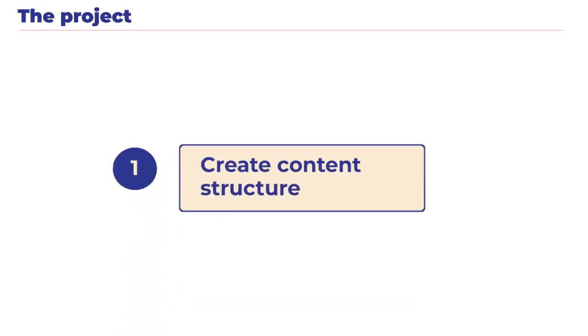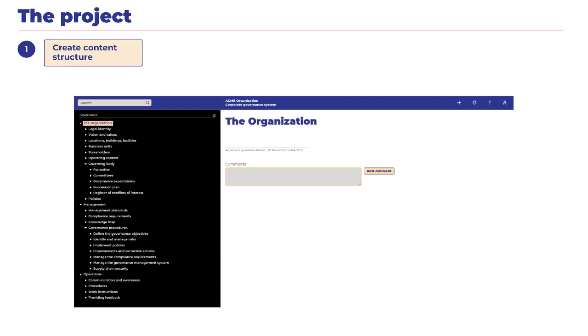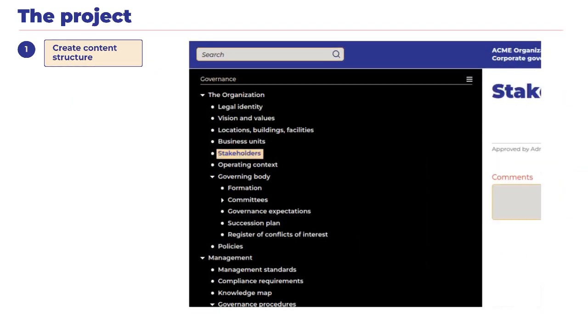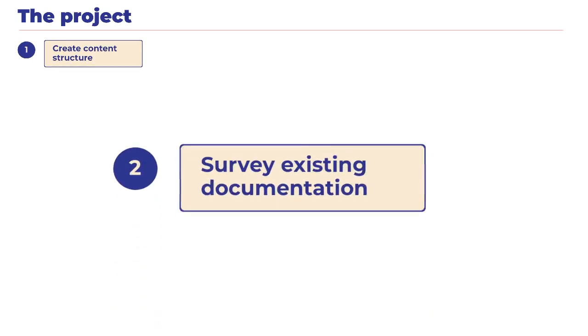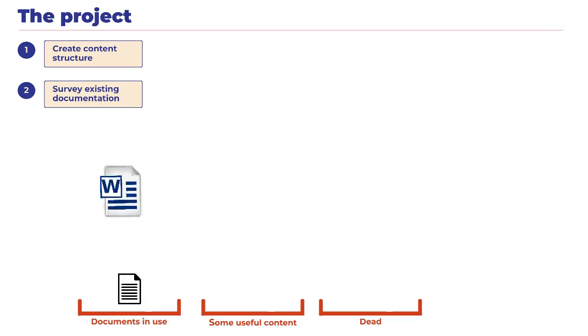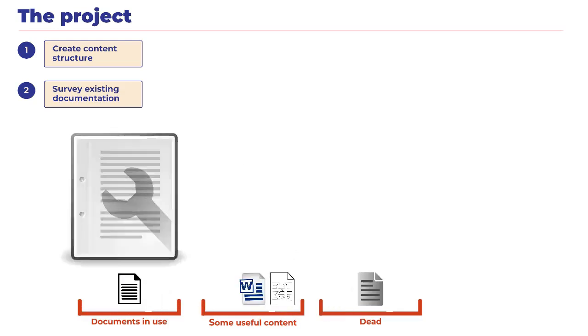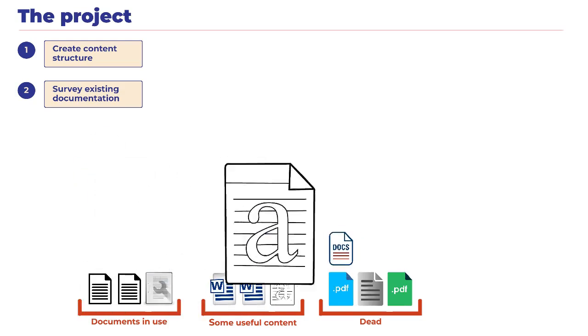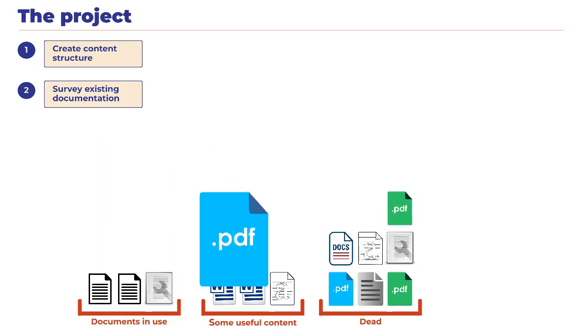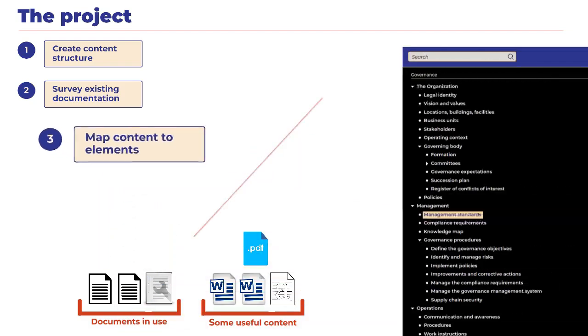So, how to start? In outline, here's what your project might look like. Step 1. Set up a content management structure with placeholders for each of the required elements. If you use Frontex, this is provided for you. Step 2. Review your existing documentation to see what you have and what state it's in. If your organization has been going for more than 10 years or so, it's likely 2/3 of it will be obsolete or redundant. Step 3.